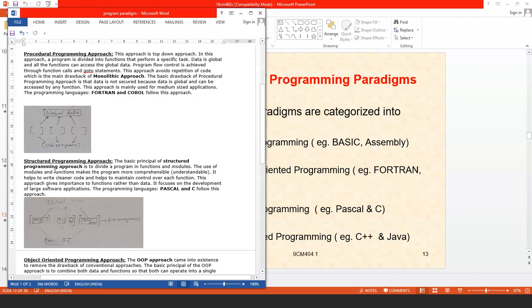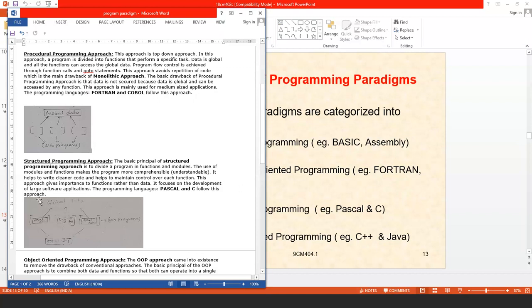So the structured programming approach emphasizes functions rather than data. That is, it gives priority to the functions over the data. But of course, the data is also important. So this is the drawback of this structured programming approach.